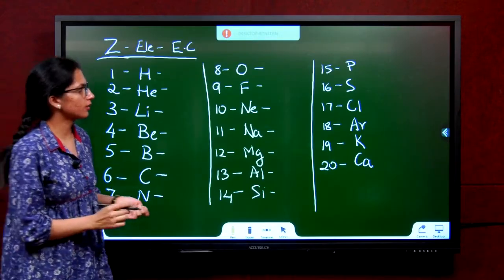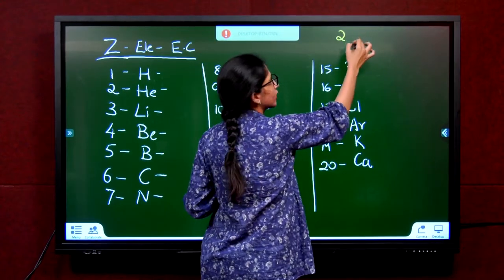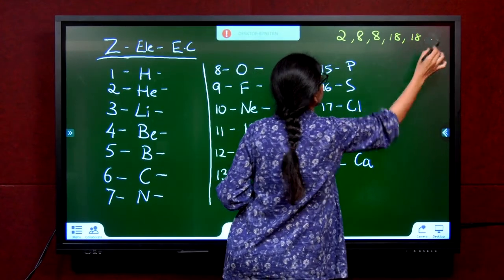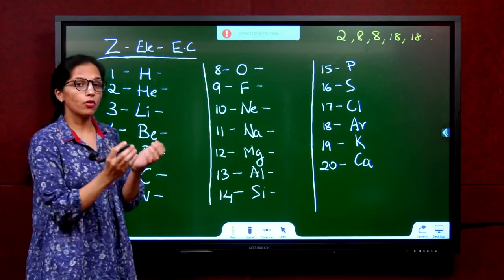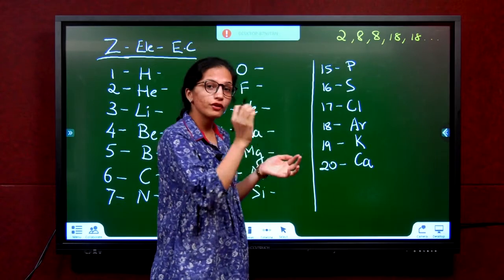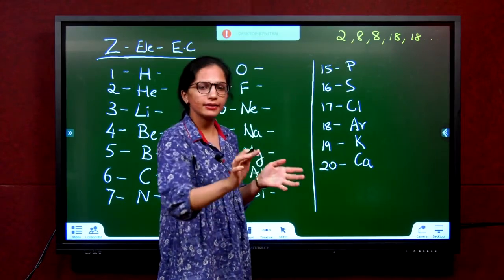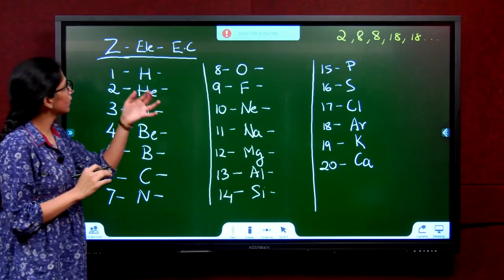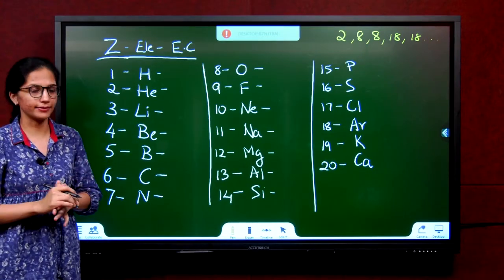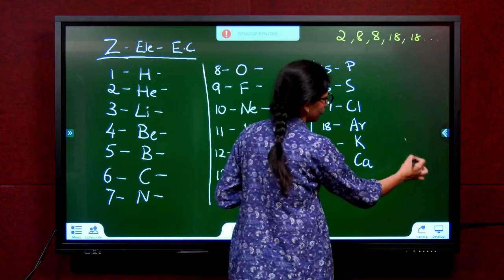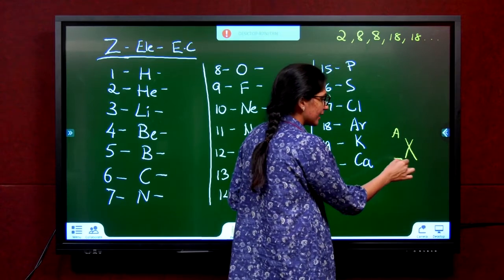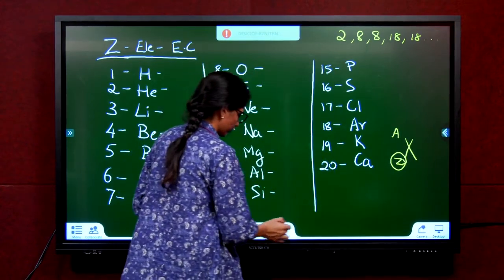So according to what we just learned, the first shell can hold 2 electrons, then 8, 8, 18, 18 and so on. It's not about what it can hold; the third shell can hold more, but for now we learned that you have to fill it in this order only, 2, 8, 8, 18, 18 and so on. So coming to the atomic number, you have to learn the first 20 elements by heart. Atomic number I already taught you. What you write here, Z, is called the atomic number, and here it's the atomic mass number. Z is nothing but the number of protons or number of electrons.